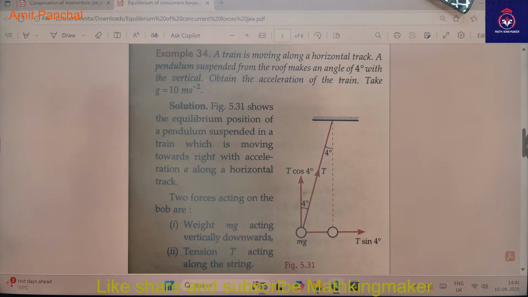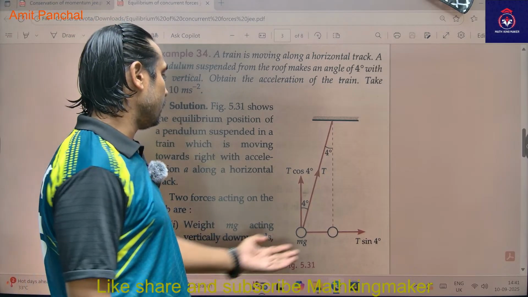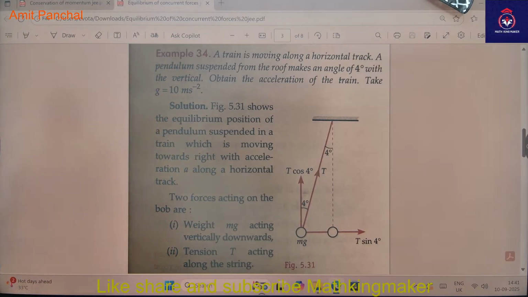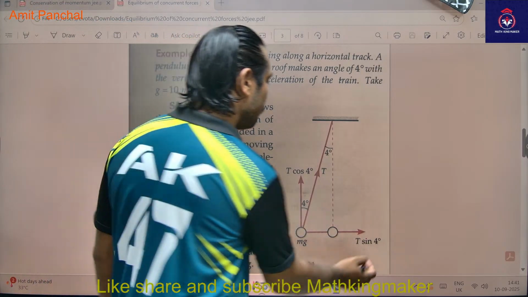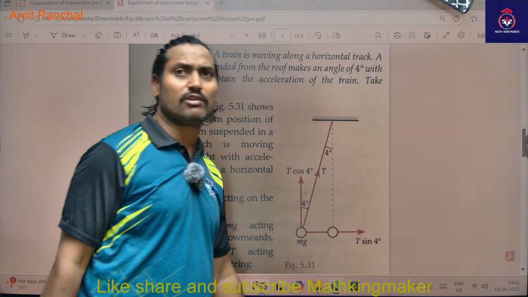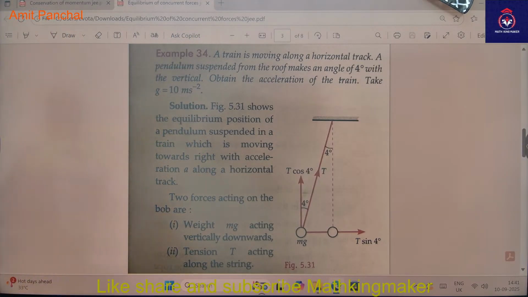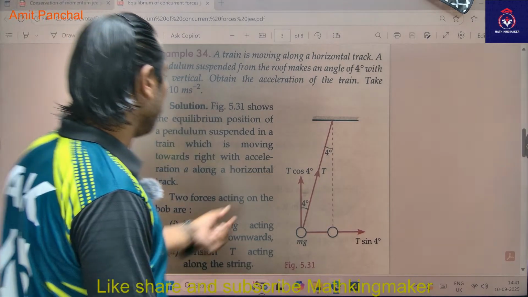Because it is in the direction of movement. Tension is a force, so force will be equal to MA. T sine 4 would be equal to MA, and T cos 4 will be equal to